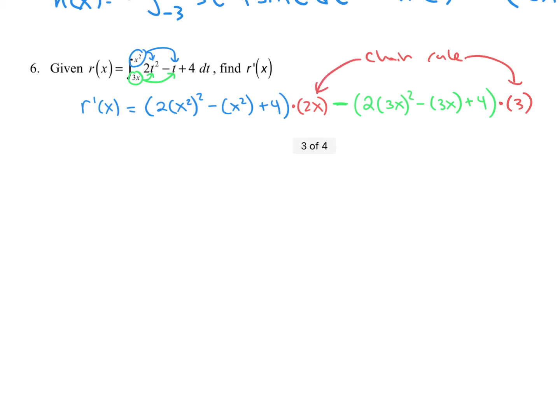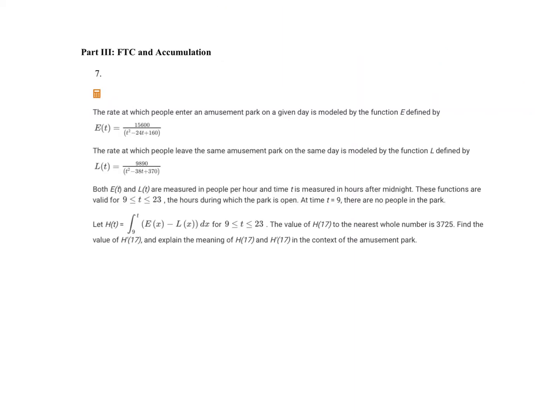But we plugged in the upper function, applied the chain rule, subtract, plug in the lower function, apply the chain rule. And we could simplify this expression, but in the interest of keeping this video not too incredibly long, I'm going to stop there. This last example is a